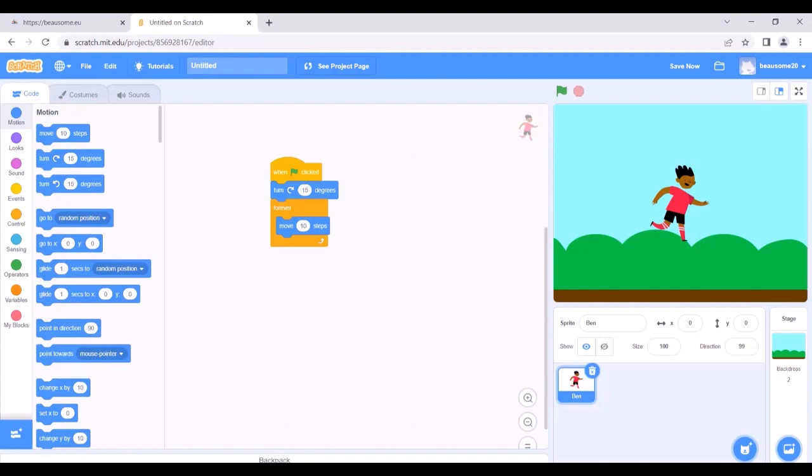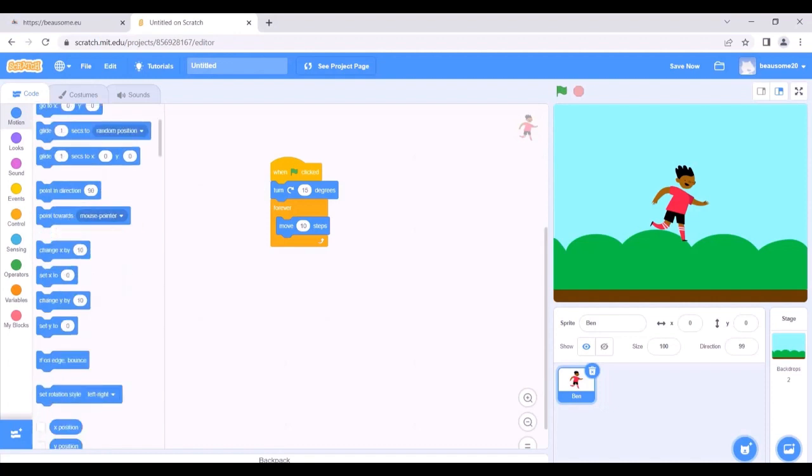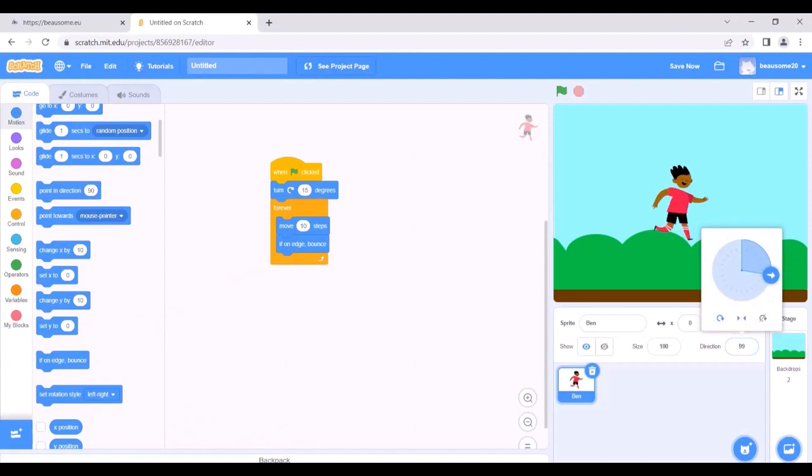Now I have to make Ben bounce when it touches the edge. How can I do that? I have to find the block if on edge, bounce, and then on direction I can change the direction to left and right.